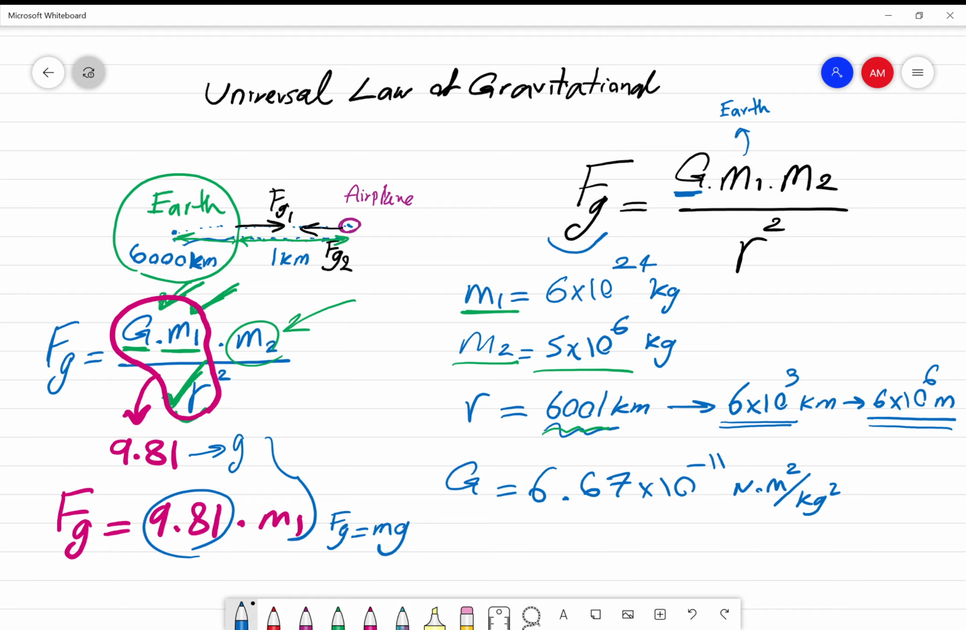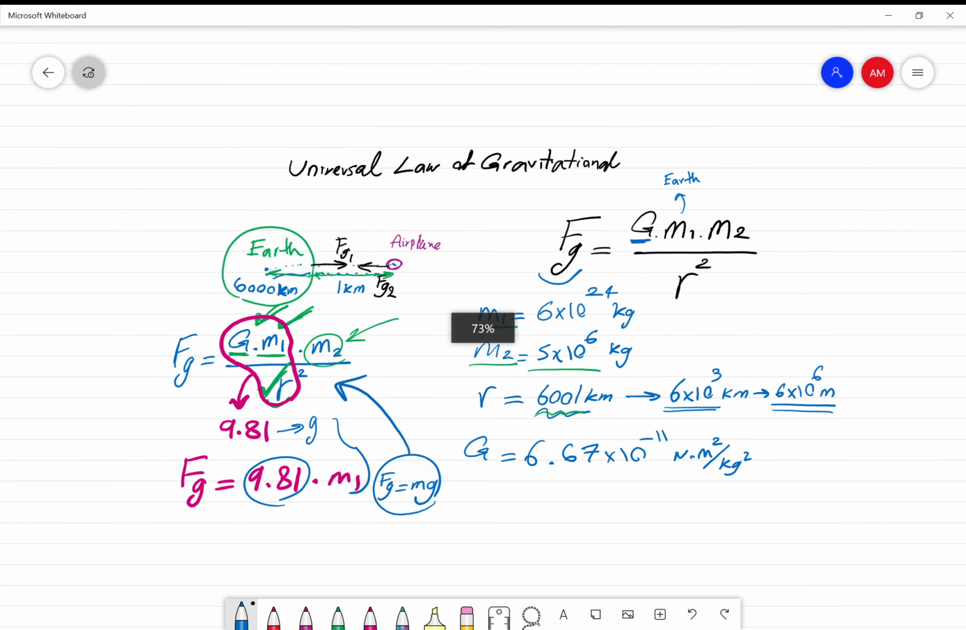So this basically is a special case, or a special occasion, when Earth is one part of the universal gravitation law. Okay? Let's go back to our calculation. Now, when we're looking at the equation and everything here,